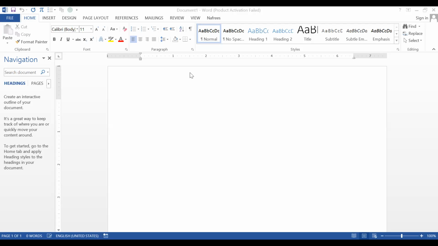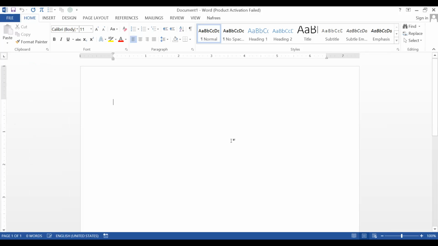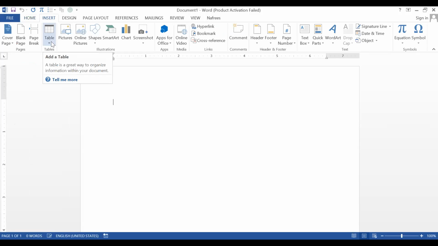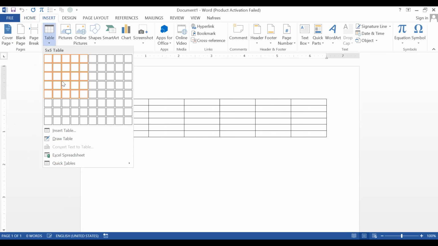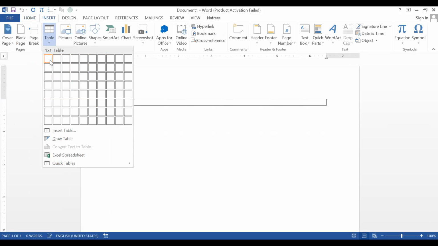Look at here. This is MS Word, the home or the welcome area. Here, if you click the insert ribbon, this is where we need to create a table. If you click this down arrow option, we will have these options. From this one, look at here. If you click 1, the outline changes to orange color. On the screen, we have only a single cell. This is a 1 by 1 table, that is 1 row and 1 column.